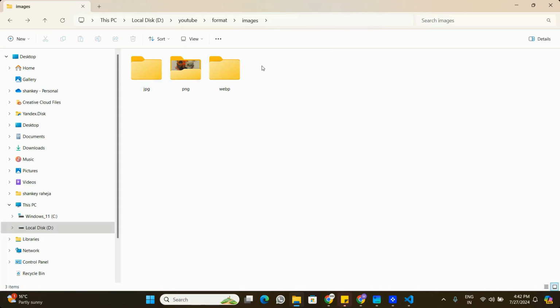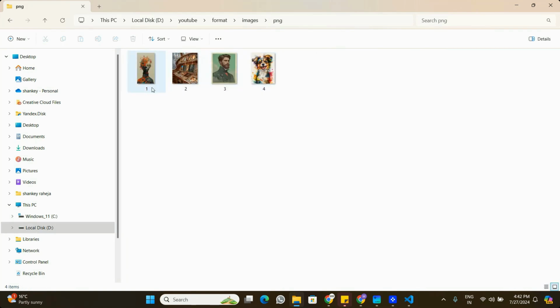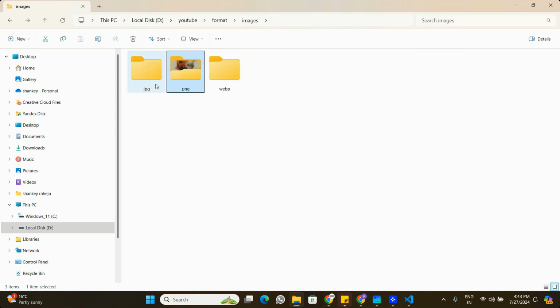Now let's go to the computer screen and see how this can be done. So guys, here in my PC I have a folder called images, and inside this folder I have three folders here. One is PNG, one is JPG and WEBP. So in my PNG folder I have 4 images which are named 1, 2, 3, 4, and they are all in PNG format. And if you look at the other folders like JPG and WEBP, these folders are currently